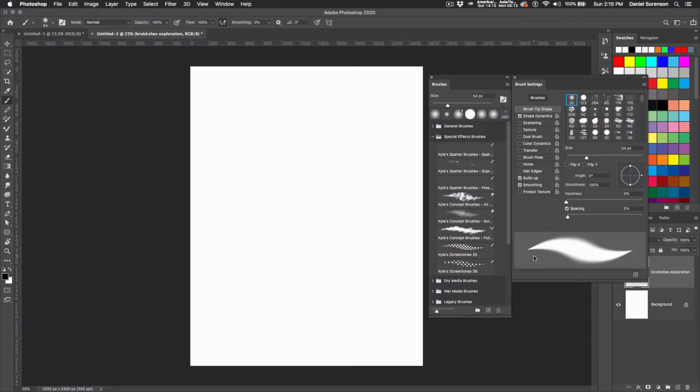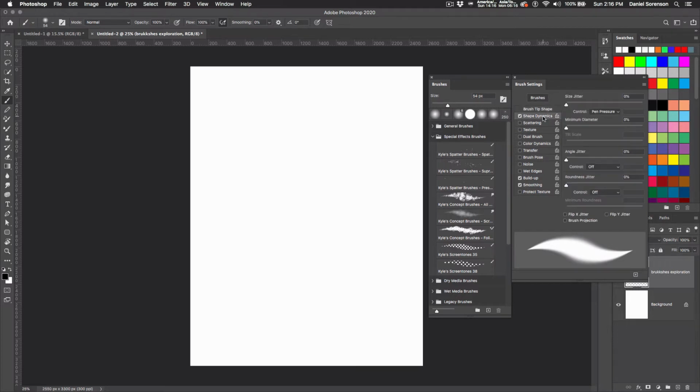Now the reason my preview here is showing you thin, thick, thin is because in Shape Dynamics, the pen pressure has been selected under Control, under Size. So Size, Control, Pen Pressure. If I turn that off, you're going to see in the preview here that we just have a consistent stroke,